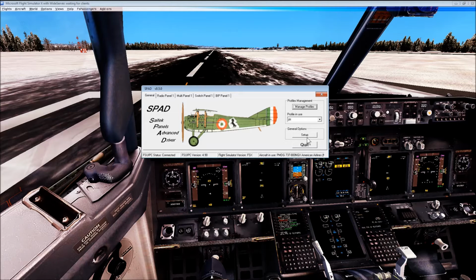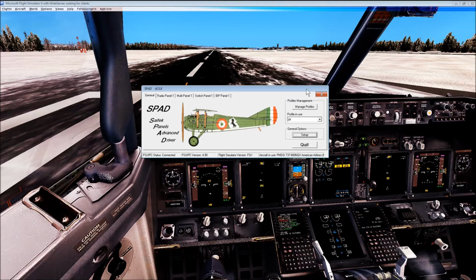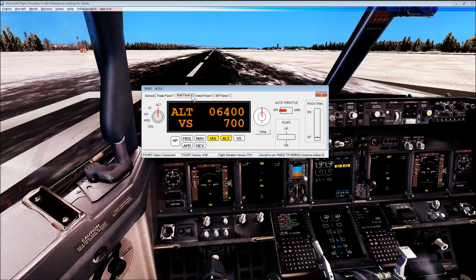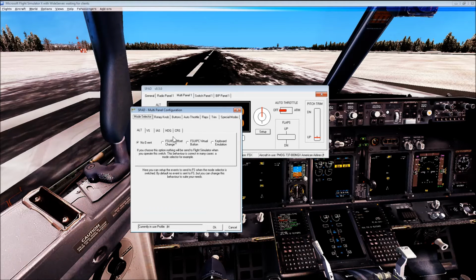Go to setup, and when a new aircraft is detected, click on ask for a new profile to bind, so it doesn't interfere with the other aircraft. Once this is done, go over to the Saitek multi-panel, go to setup, and for the mode selector: altitude, no event,